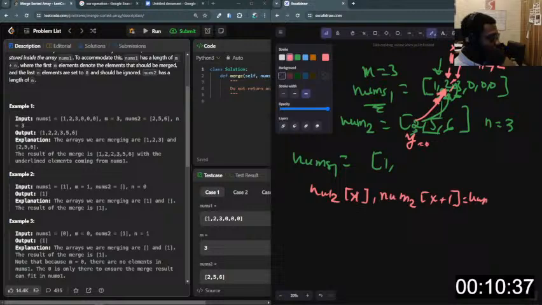Num 2, num 2, we have num 2. I'm not sure how I do this. Wait, because if I said num 3, right, wait, I'm inserting, I can't say num x plus